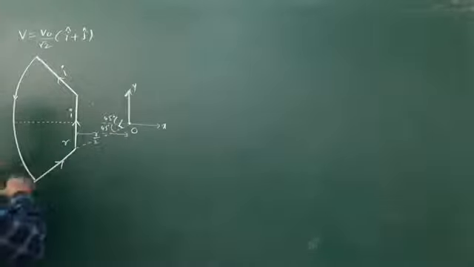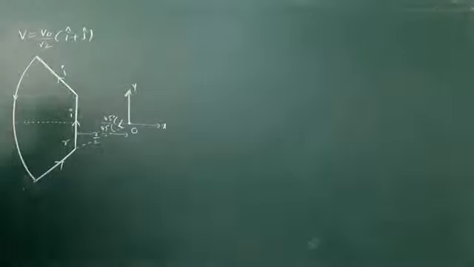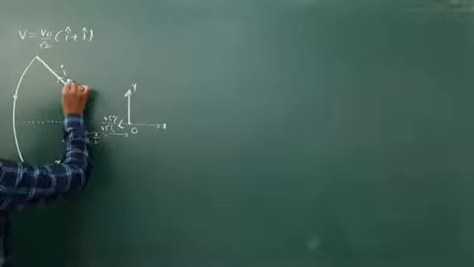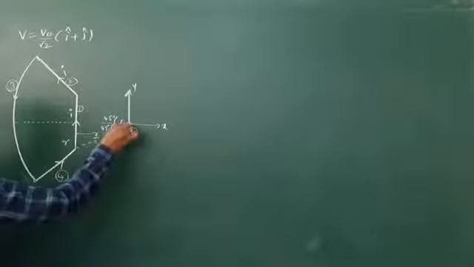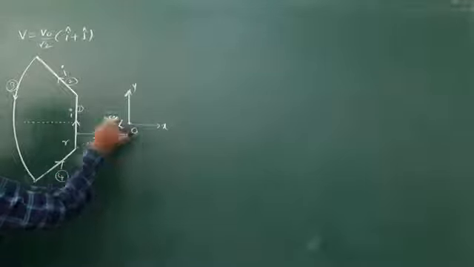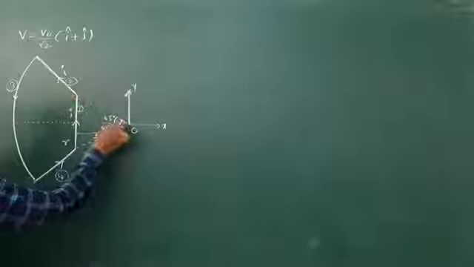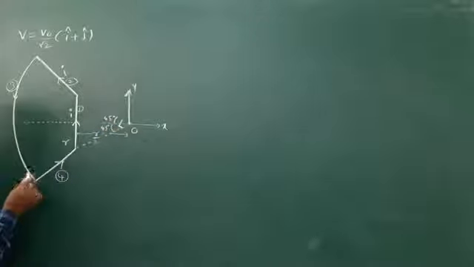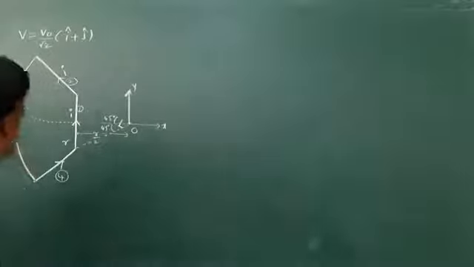Before that, due to this loop, you find the field at O. You know how to find the magnetic field at O because of this arc. We have done the straight wire with arc concept already. If we take some parts, let us suppose this is part 1, this is part 2, part 3, part 4, then B at O is possible because of 1 and because of 3. Because of 2, not possible because it is along the line. Because of 4 also not possible. So you draw a correct straight line.